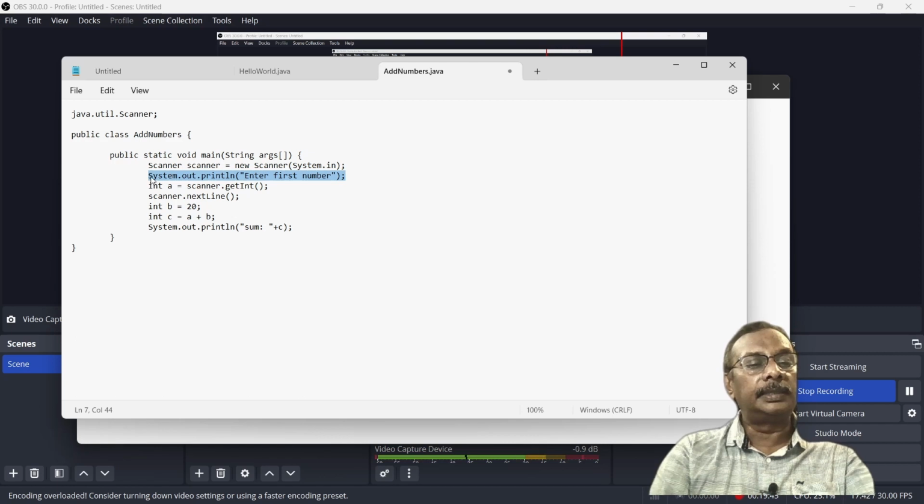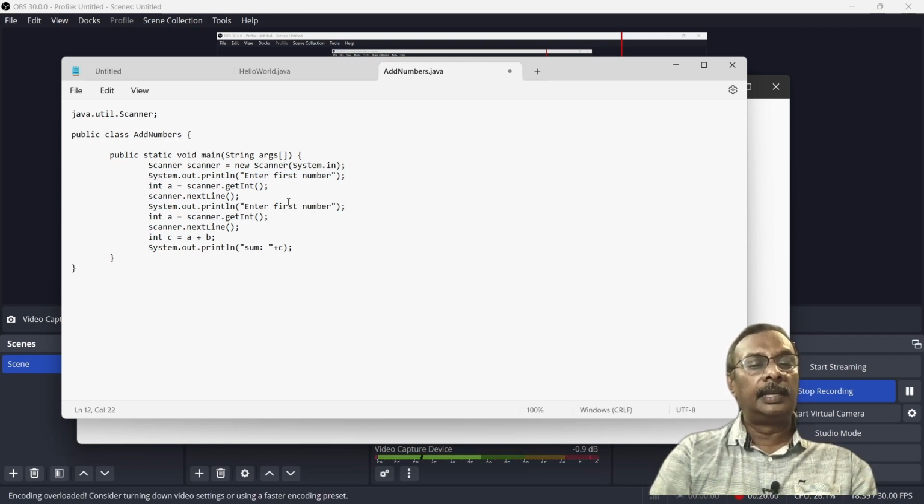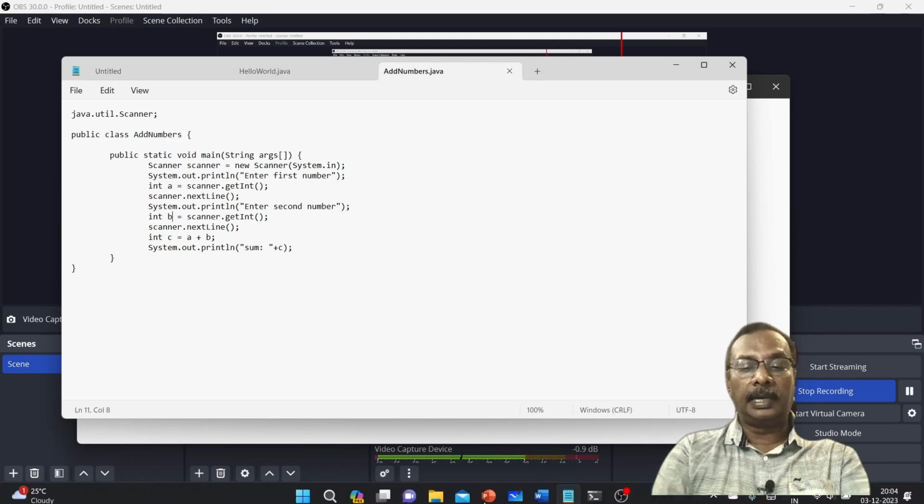I'll copy these 3 lines. That way it is easier. So I'm going to get another number as input. Instead of assigning 20 to B, I'm going to get another number as input. Okay, I have saved the program. I have saved. Now I'm going to compile it